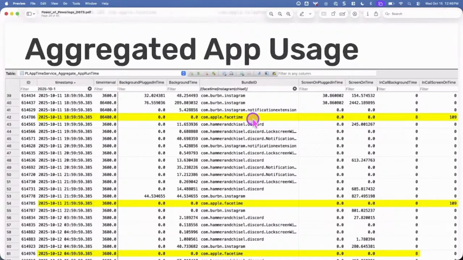And this one has quite a few different columns. I'm only showing you a few here, but I really like the screen on time frames. If you're in a call, it'll show how much time you're in a call. So we see things like the 8 seconds here. 8 seconds, if I remember correctly, because this is a 24-hour, it's because it's a missed call. Erica called me in the morning because I wasn't getting ready for the taxi. So she calls me. Of course, I met her in the elevator. And then the in-call screen on time, we had a conversation for about 109 seconds using FaceTime audio.